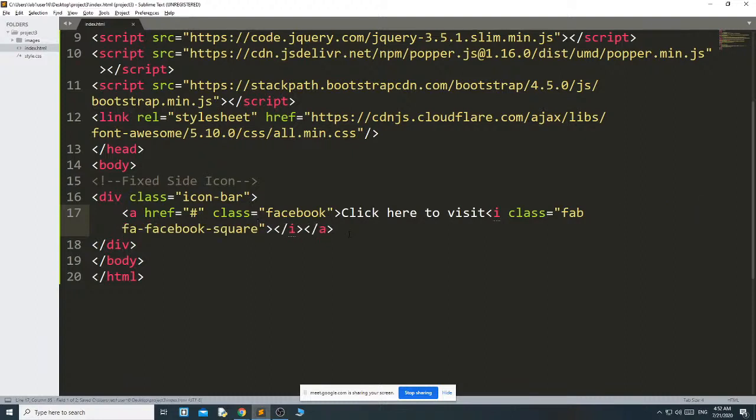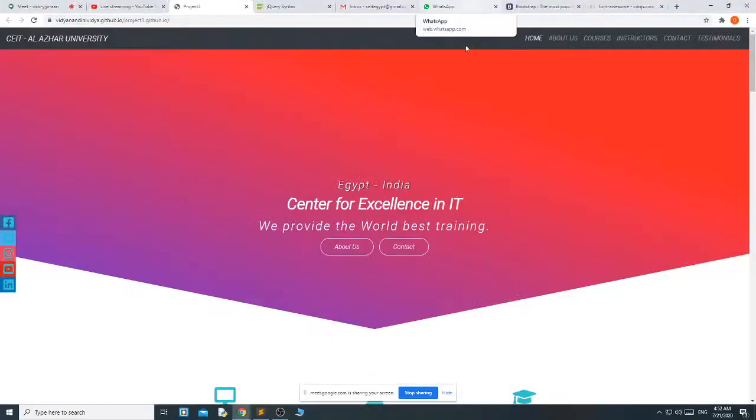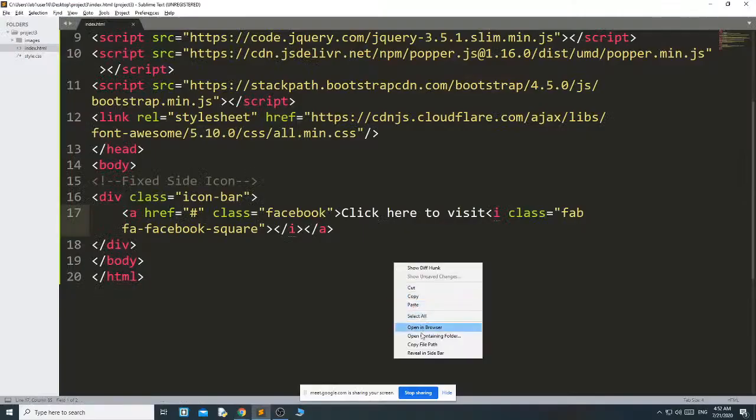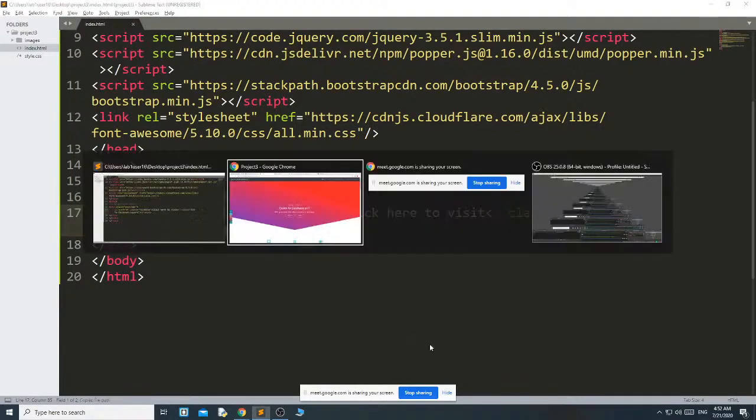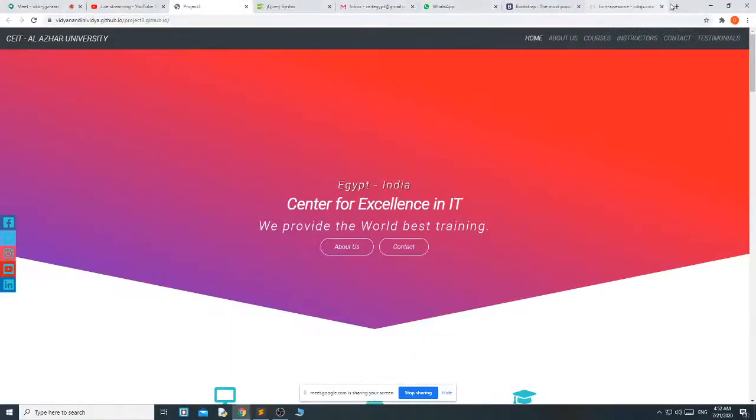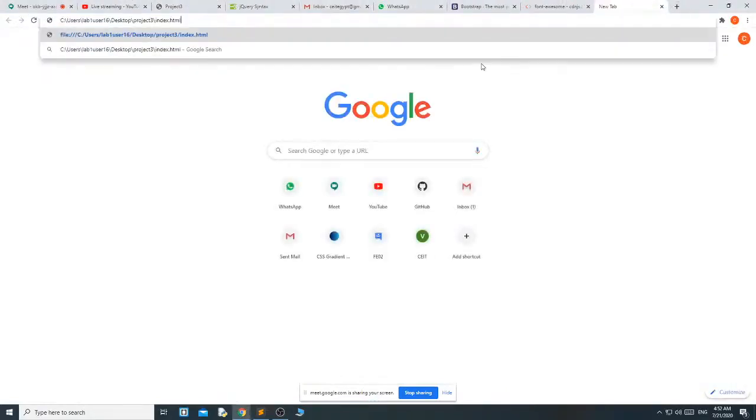Okay, let me show you how it looks. See, in the topmost you can see that it's showing the click here to visit and Facebook icon.